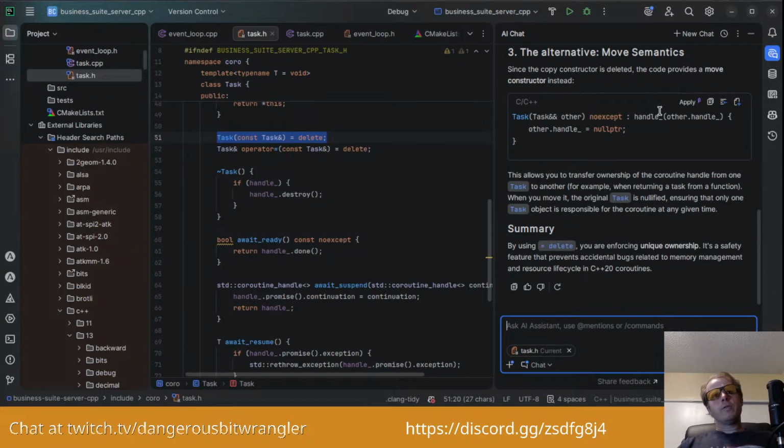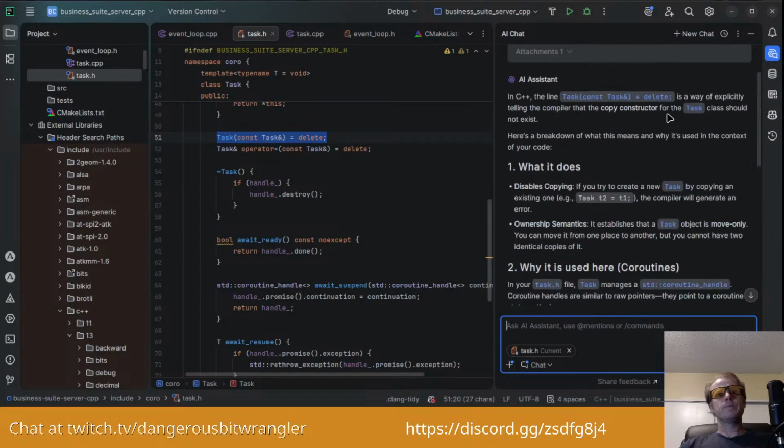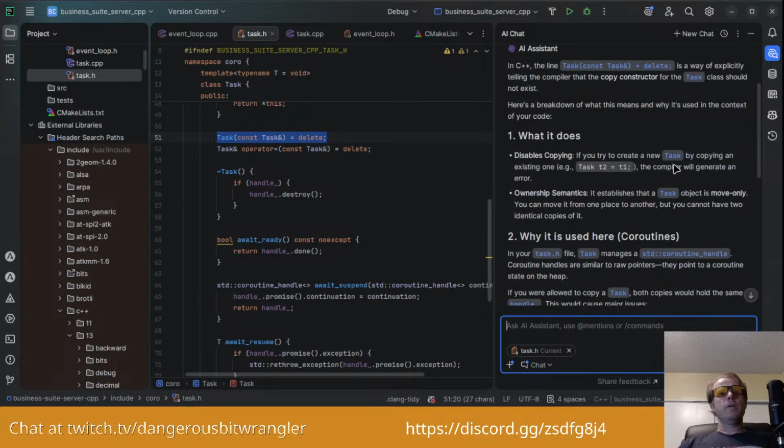Okay, in C++, the line = delete is a way of explicitly telling the compiler that the copy constructor for the Task class should not exist. So you can't just do t2 = t1.